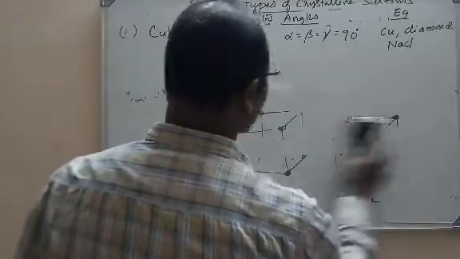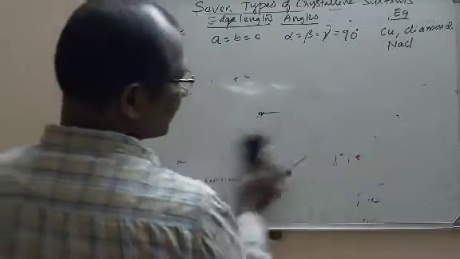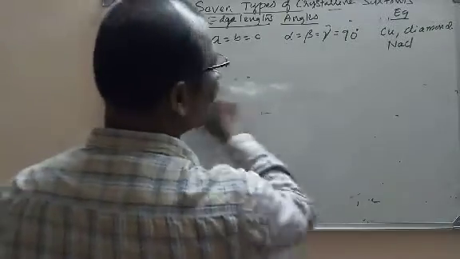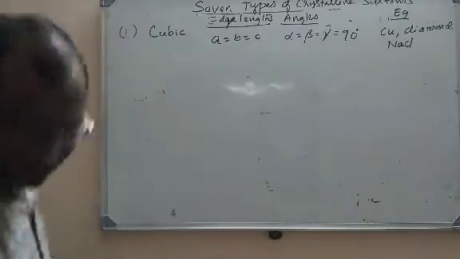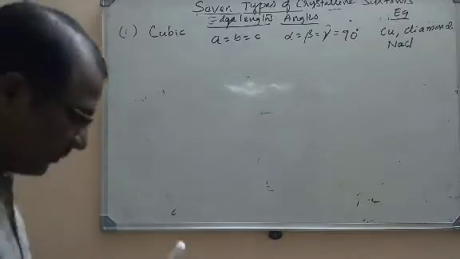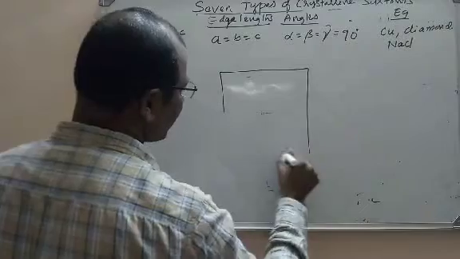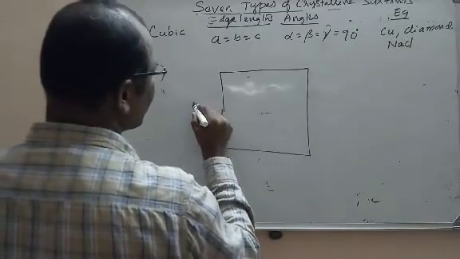So the only thing you need to understand is that in a cubic crystal, the lengths of the edges are equal and the bond angle made by them is 90 degrees. All are perpendicular. Once again I will show, being the first one, once again I will show here. We are taking a cubic crystal.